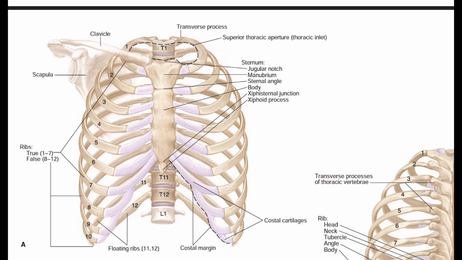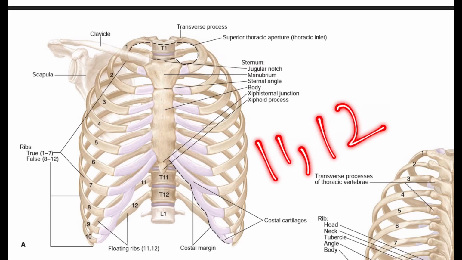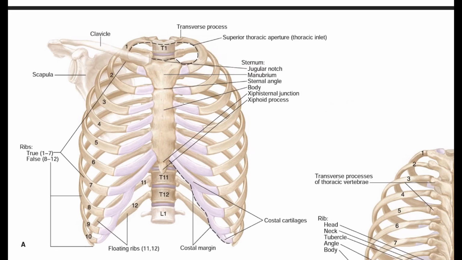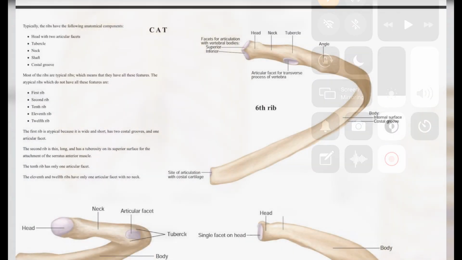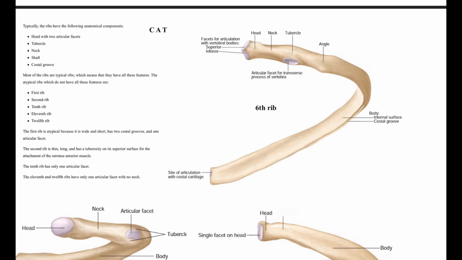Next, vertebral ribs. They are also known as floating ribs. The 11th and 12th ribs are known as vertebral ribs because these two ribs articulate only with the vertebral body. The anterior ends do not articulate with anything, so they are known as floating ribs. So let's discuss the typical ribs. Each rib has 3 parts: the anterior end, the posterior end, and the shaft.